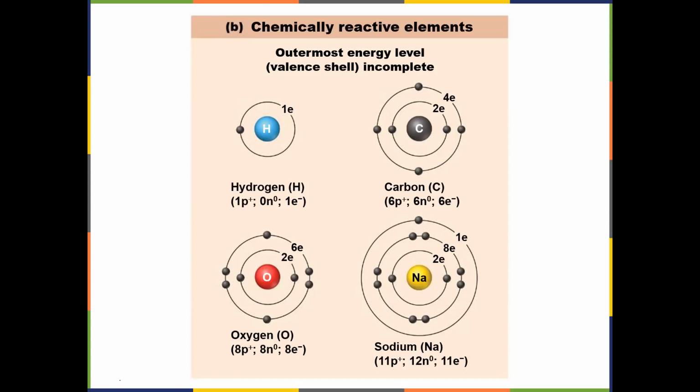Starting with hydrogen. Hydrogen has one electron. It would love to have a second electron. A hydrogen atom is reactive. Carbon, right next to it there, is also reactive. Atomic number 6, 2 electrons in the first shell, 4 in the second shell. It would love to have 4 more electrons to be stable. So carbon is very reactive. Carbon and hydrogen are both very reactive.